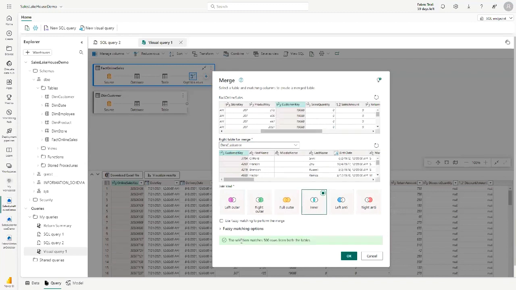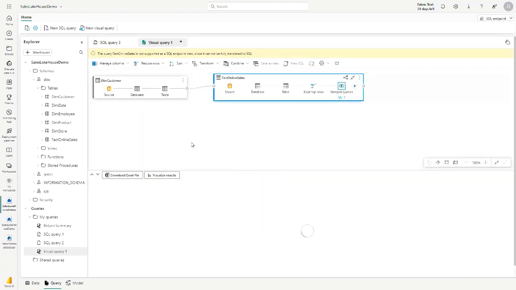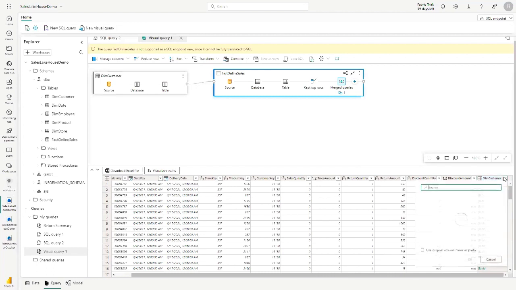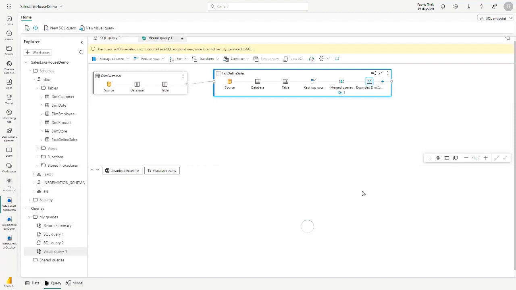Matter of fact, I'm going to do an inner join. I match all 500 rows. Okay. Life is good. I expand it out, tell it what data I want to keep. And boom. Look at that.